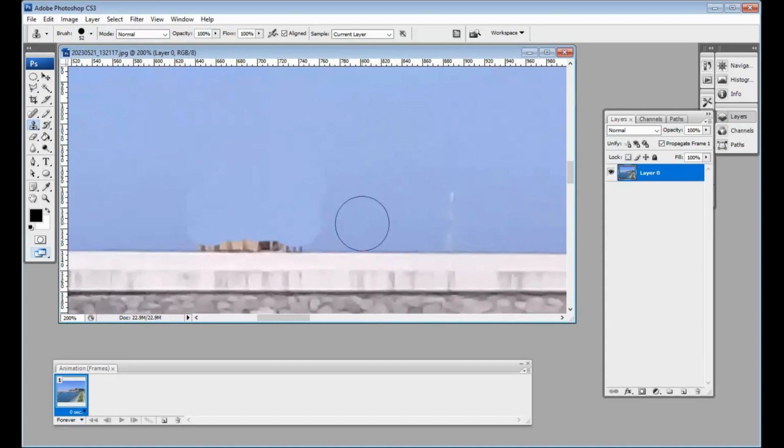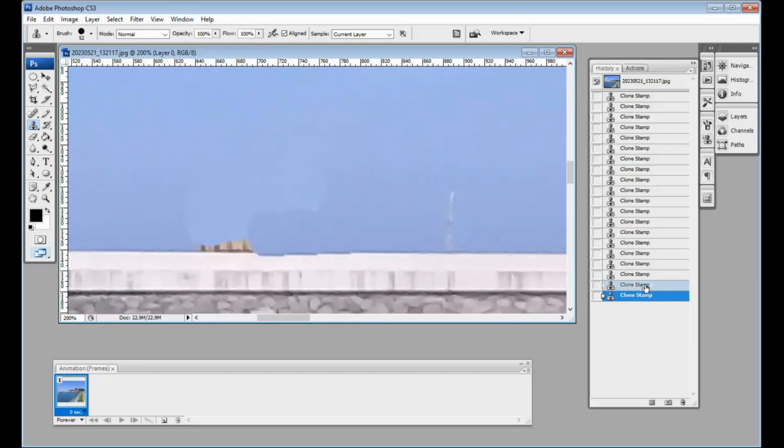It's okay, or this area. Okay, let's try. Hold the Alt button, click and try this. Okay, it's okay. Sorry, history, clone stamp.